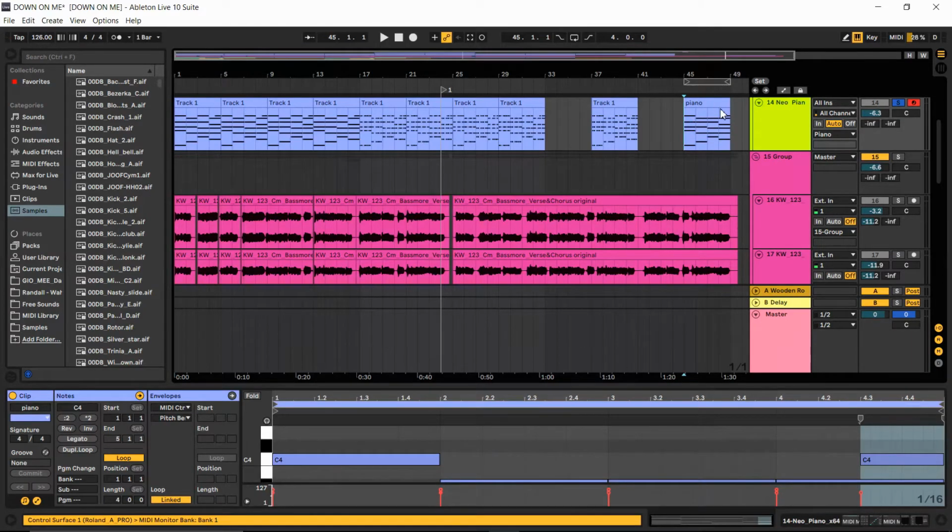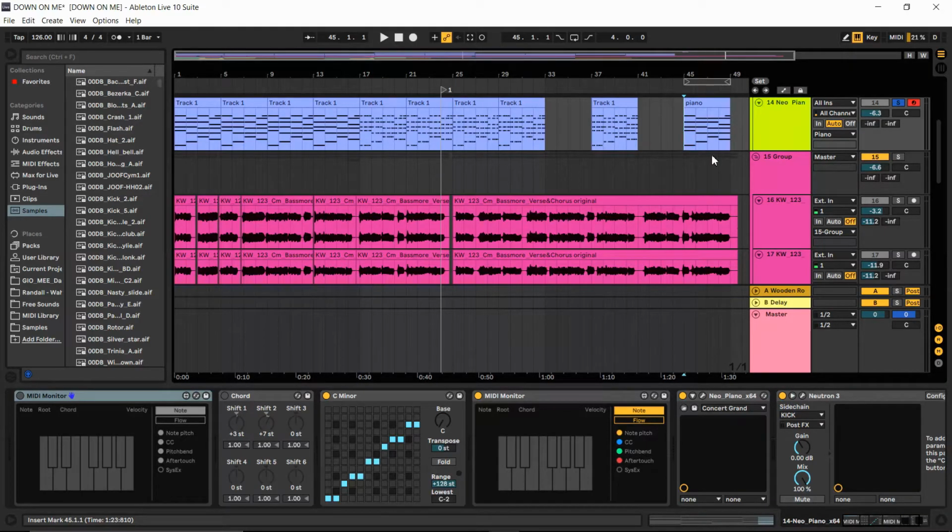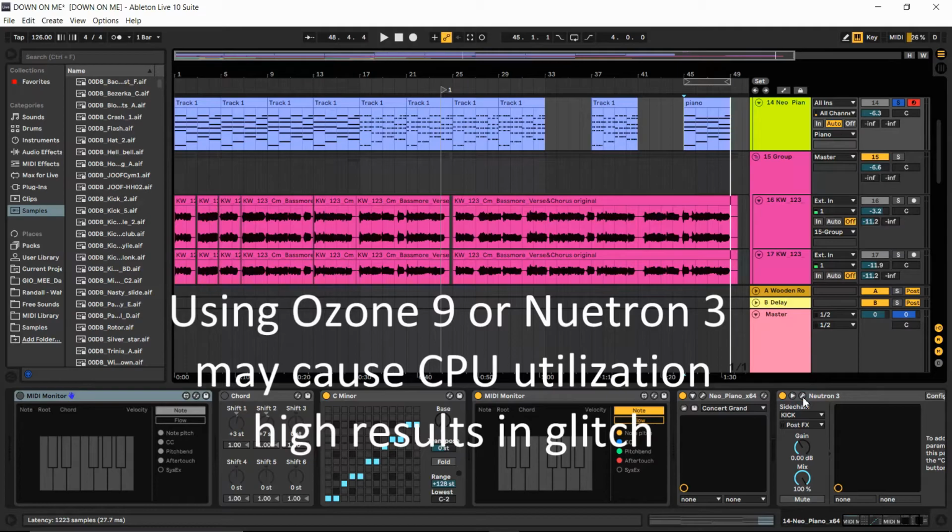Now you can give more dynamicity to this chord by using some third-party tool, like what I have used here, which is Neutron. Let's see how it sounds over here. All the dumpiness has gone. We can see all the dampness from these chords has been bypassed. So what I did in Neutron,